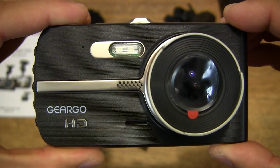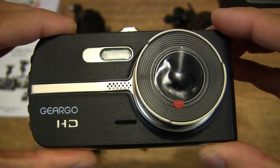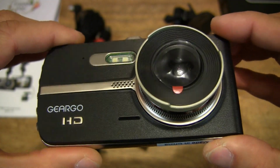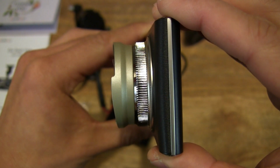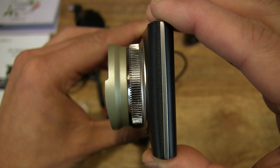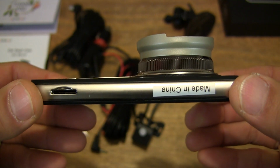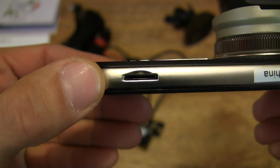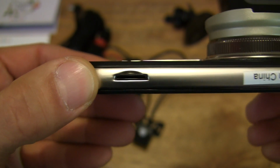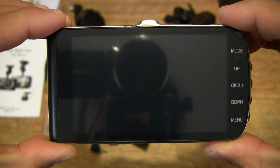And on the front, there we go, we do have a flash or LED light, lens of course, and just to show you how much that lens protrudes out from the main body of the dash cam. So giving you all different perspectives. You can see there is a micro SD card slot there as well. So giving you a very thorough all-round look